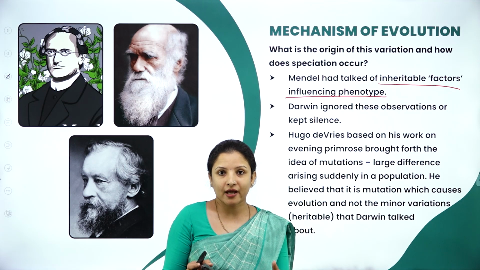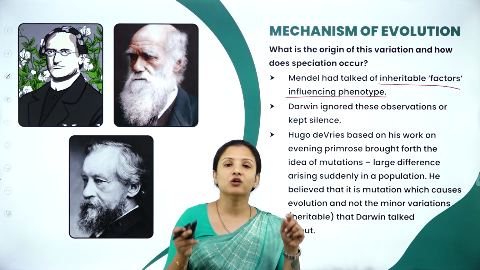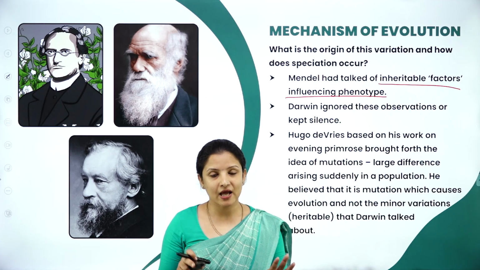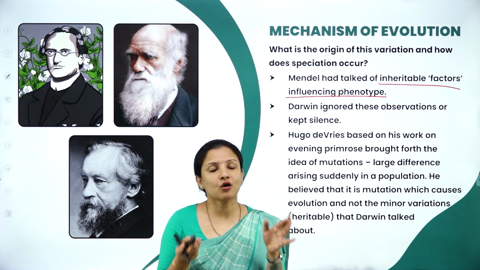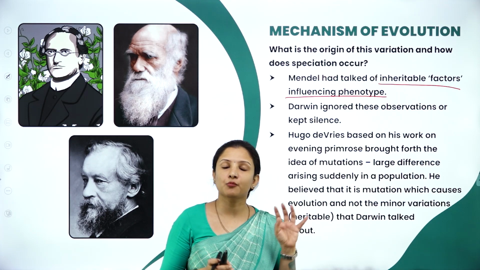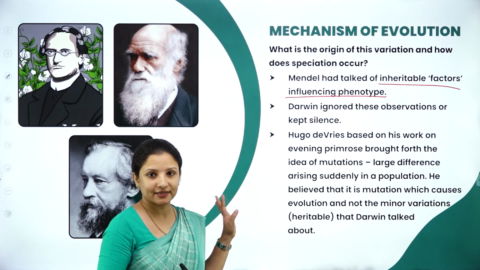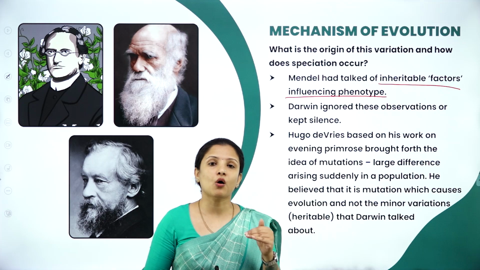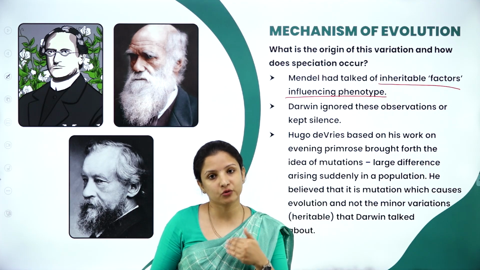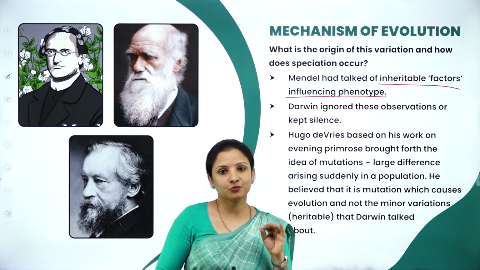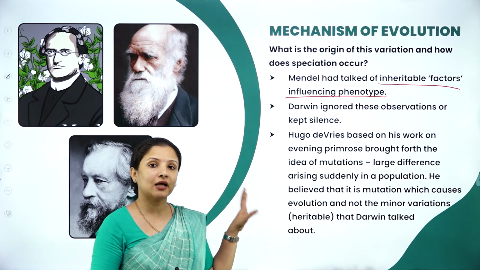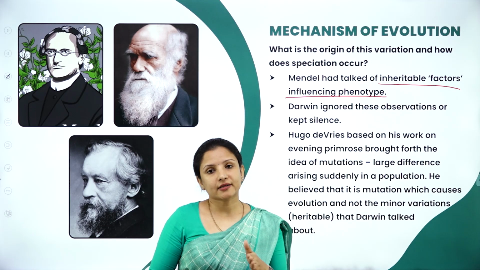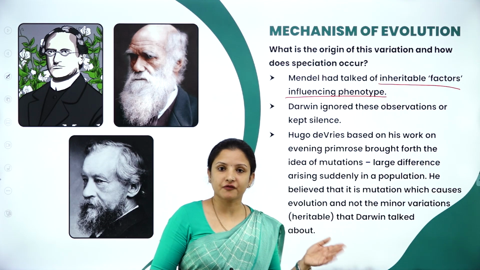So when you look at an organism, what is the color of the organism? What is the shape of the organism? What is its size? How many fingers it has? What is the structure of the leaf? So all that, for example, is the morphology of the organism, which we call the phenotype. So the phenotype can be carried from one individual to another through certain things which he called factors, because at that time Mendel didn't call those factors genes. So he gave them the name factors, which are inherited by the progeny from the parents.